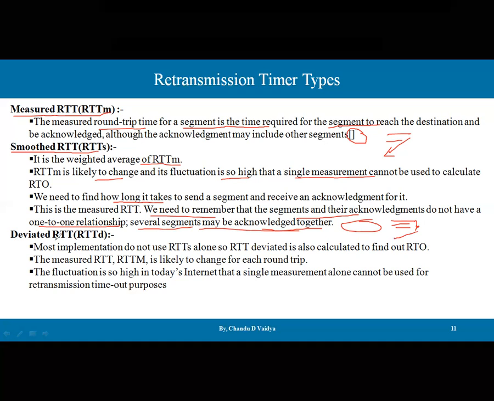And there is a third type, deviated RTT. Most implementations do not use RTT alone, so RTT deviated is also calculated to find out the RTO. The measured RTT, that is RTTM, is likely to change for each round trip time, because the fluctuation is so high in today's internet that a single measurement alone cannot be used for the retransmission timeout